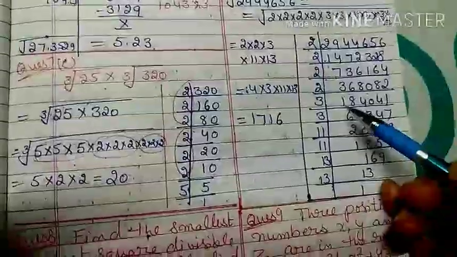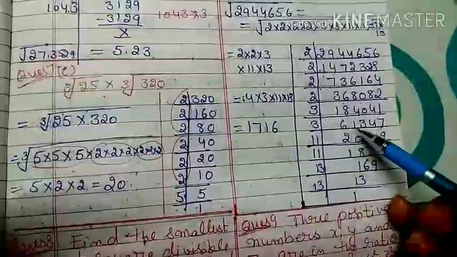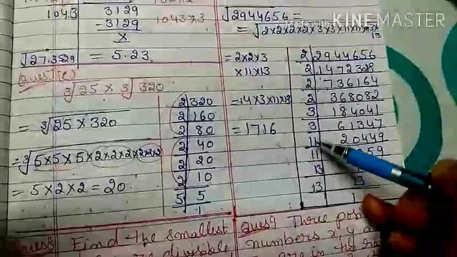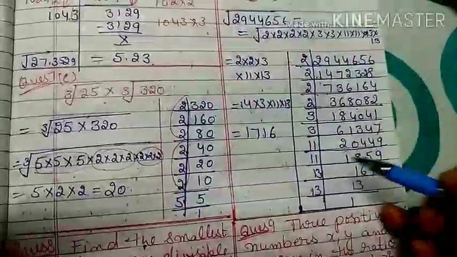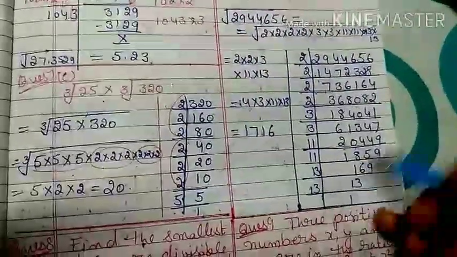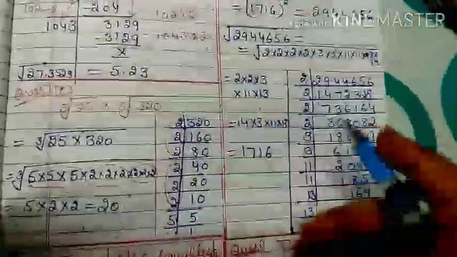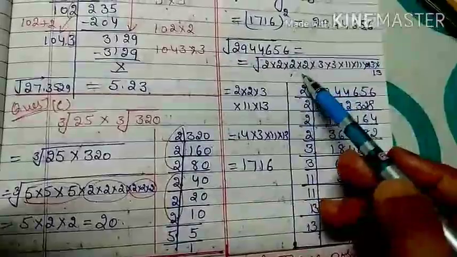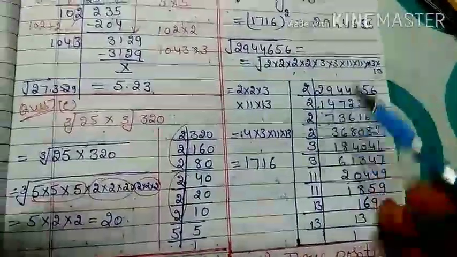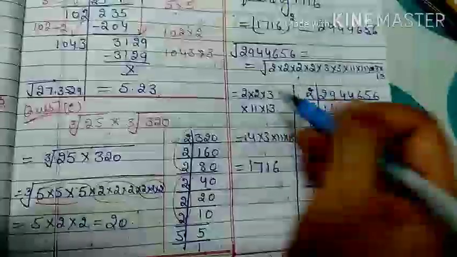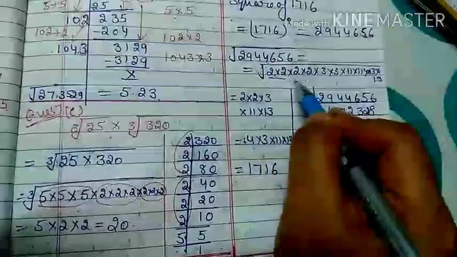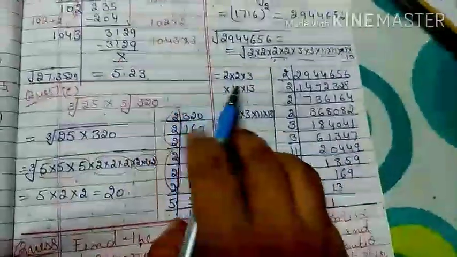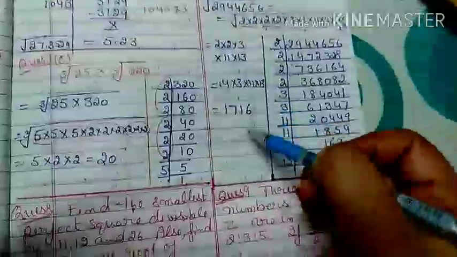Next is 61347, divisible by 3, again 20449, 11 1859, again 11 169, 13 13 is 169. Ultimately what I got is the pairs of 2, 2, 3, 11 and 13. We just pick one number from each pair to remove the square root, like 2 into 2 into 3 into 11 into 13, that gives me